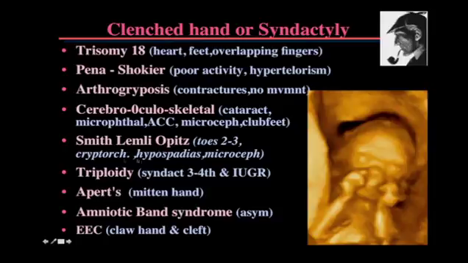Smith-Lemli-Opitz syndrome has genital abnormalities. In a male, for example, the outer genitalia will look more like a female, or will look ambiguous. So they have hypospadias, cryptorchidism, and they have syndactyly of the second and third toes, which is very specific for this syndrome. Triploidy is a syndrome where you have 3 sets of the same chromosomes. All of the chromosomes are